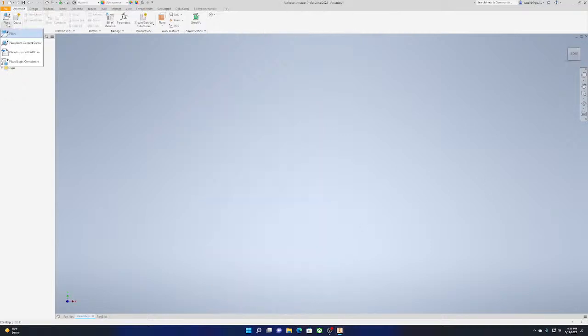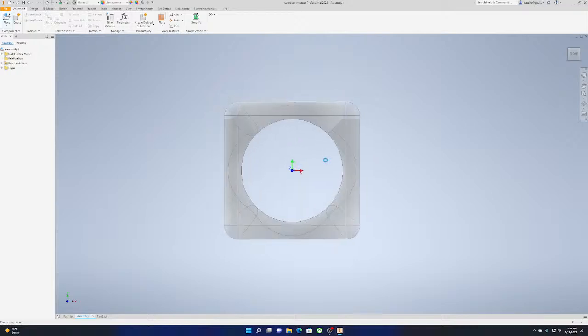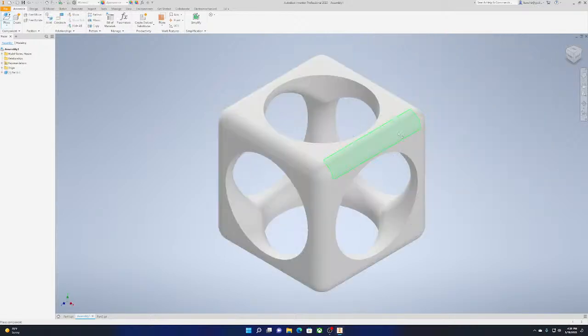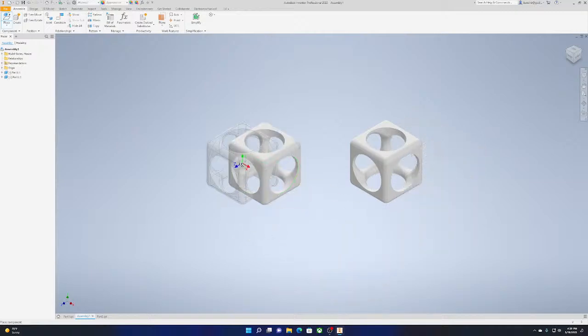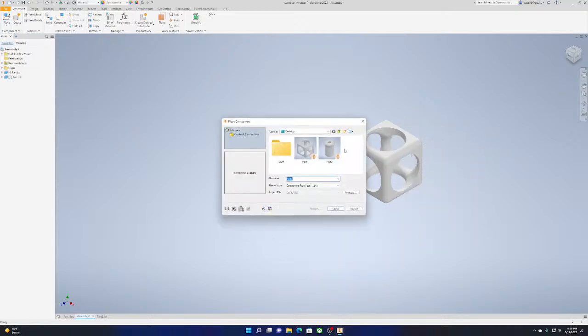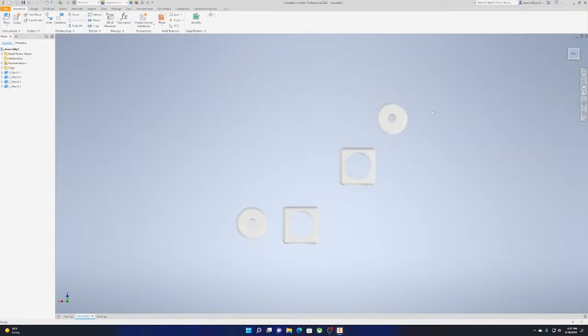So we can click place. Go to my desktop. We can grab this part. There's our part. You can see it's right there. We can place as many as we want. I'll place another one right there. Hit escape. I'll place another part, and I'll place a few of those right here. And so now at the top, what I can do is